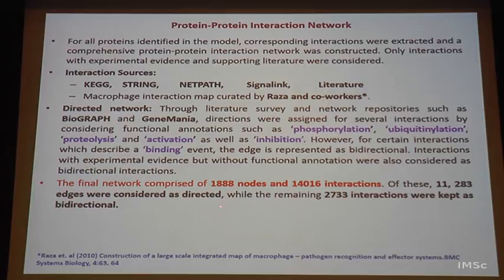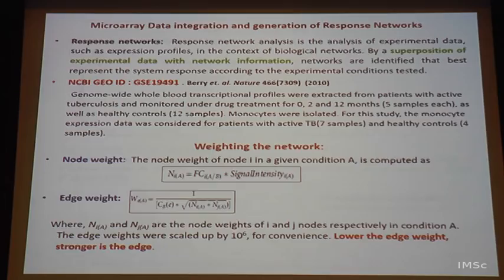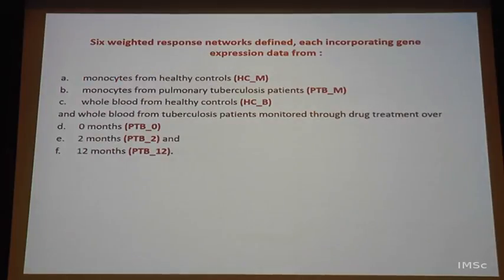So, you get a large number of nodes and interactions, I will not go into that, and some events that are happening are phosphorylation, ubiquitination, inhibition, these kinds of edges are there. Again, just to show that it is a scale-free network, it follows a typical scale-free pattern, I will not get into that. So, the network is weighted as I explained, and these were the different conditions that were looked at. Treatment of 0 months, which means the patient is just being treated. TB treatment takes a long time, so after 2 months what happens, after 12 months what happens, and so on. That is what is taken.